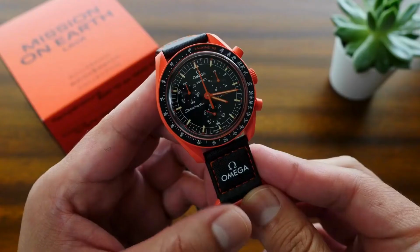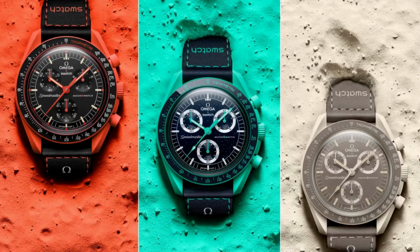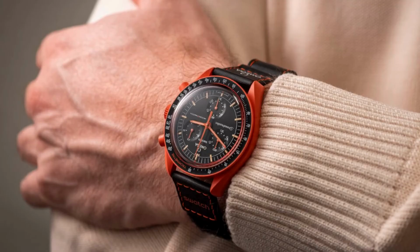I think the main attraction point behind the Moonswatch is that it holds so much value for money, and it really looks more expensive than it actually is. In addition to the hype being massively around the Moonswatch, and there being so many different variations, these watches are very versatile. You can switch up the straps super easily, and the Moonswatch is basically a go-to watch for anyone that's just